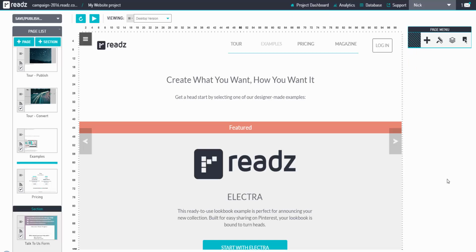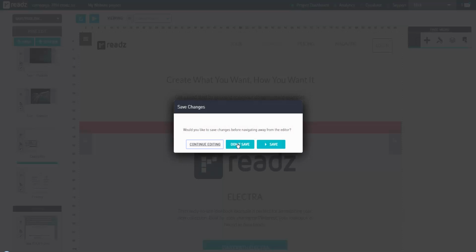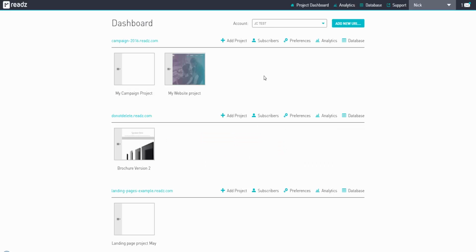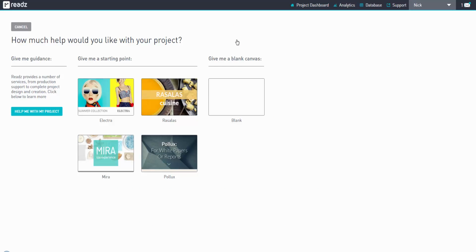In the second part of our demo, we will show you how to create content from scratch. Let's create a new project. When you create a new project, you always have a choice. You can start from an existing example, start from scratch, or get some design and building assistance from Readz and